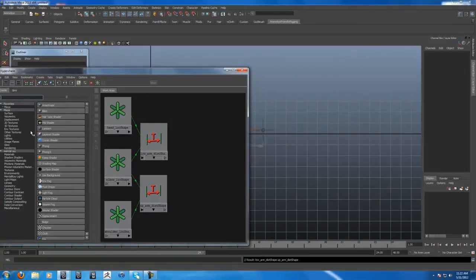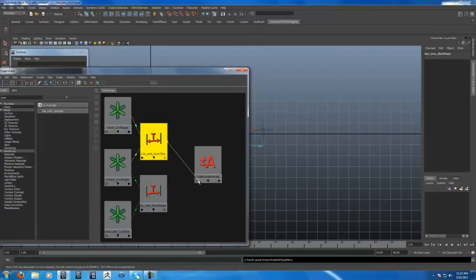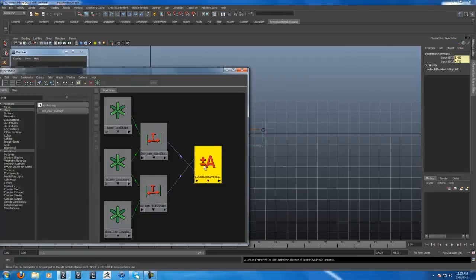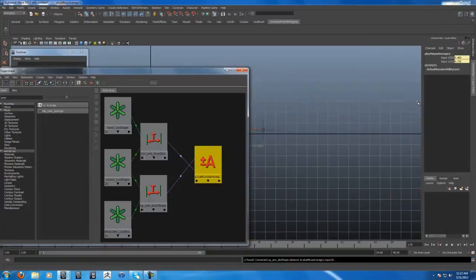I will just use a plus minus average node to get that quickly. So we're going to plug in the distance into input 1D0 and distance input 1D1. Alright, and as you see, these values are plugged in right here. It's calculating the sum of them. Let's get that sum into